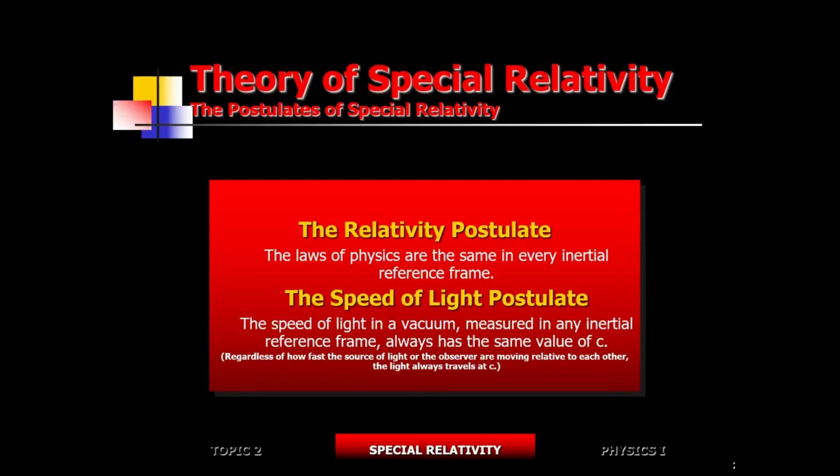There are two assumptions. Number one, you're moving near the light speed in a straight line at a constant speed. All right, so that's one assumption, underlying assumption. The second one is regardless of your speed, light speed remains constant. All right, so everyone experiences the same speed for light, regardless of their motion.